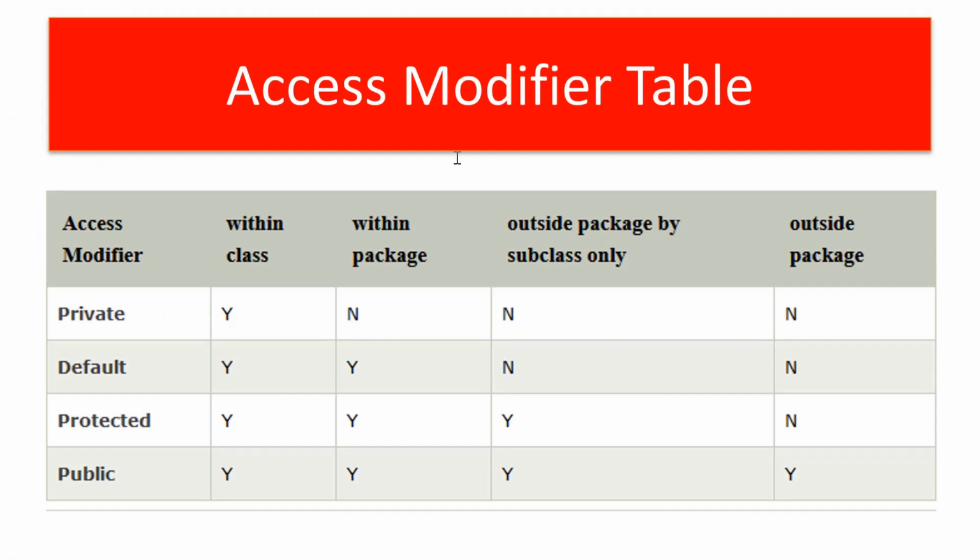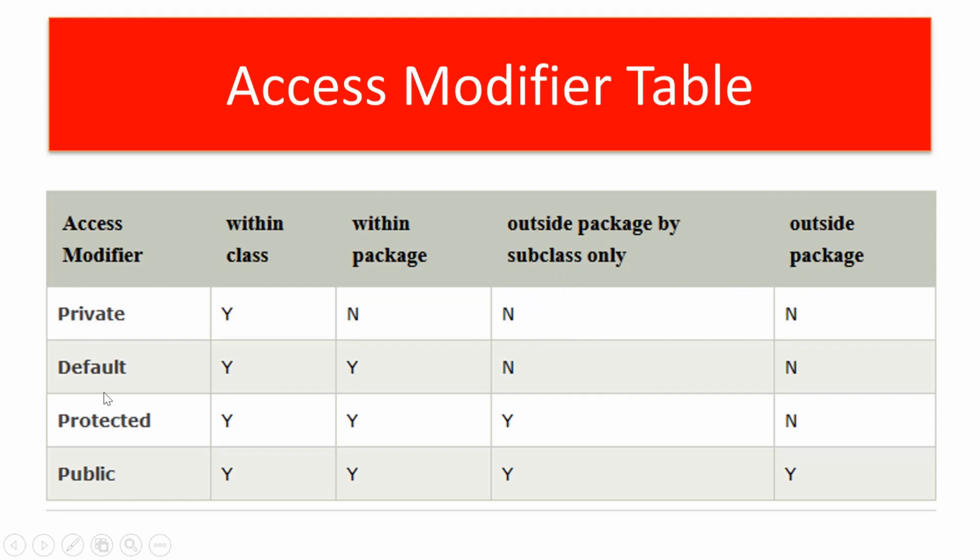So all these four access specifiers and its access rights have been summarized into a simple table. So we will just have a quick recap. A private member, as per definition of a private access specifier, can be accessed from within the class alone and not anywhere outside the class. So that is why within the class is given as yes, it is accessible, and within the package is not accessible. I mean, a class outside this class but within the package cannot access it. Outside the package by even inheriting it is not accessible, and outside the package without inheriting is not accessible.